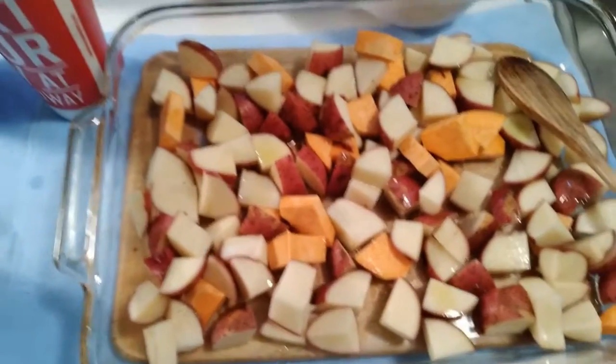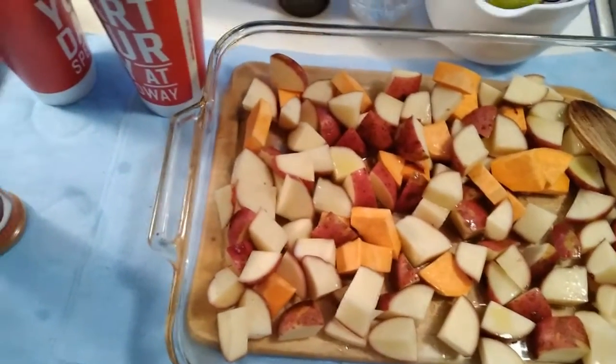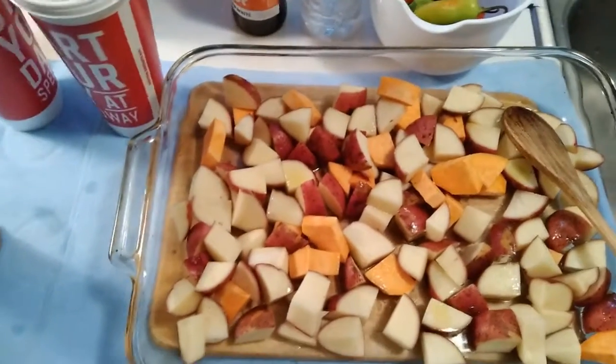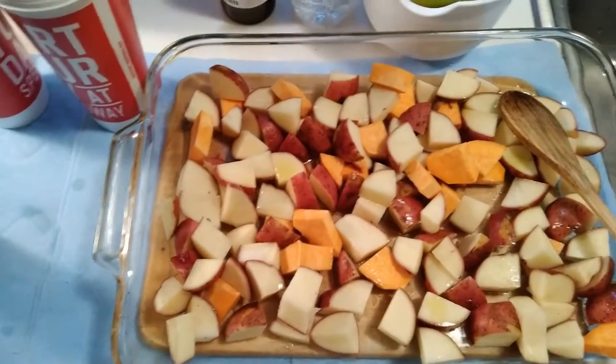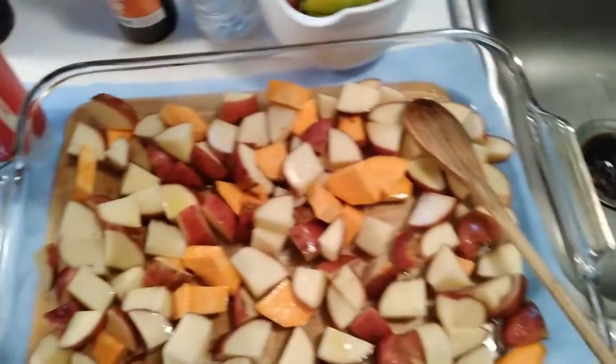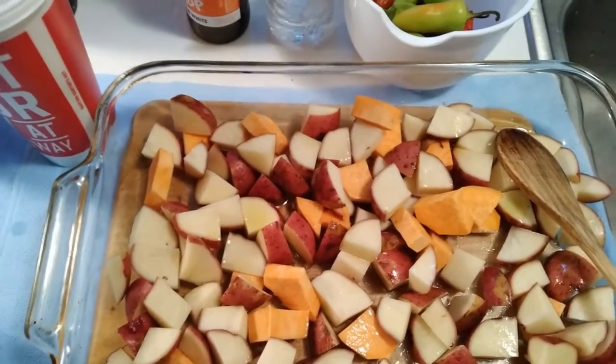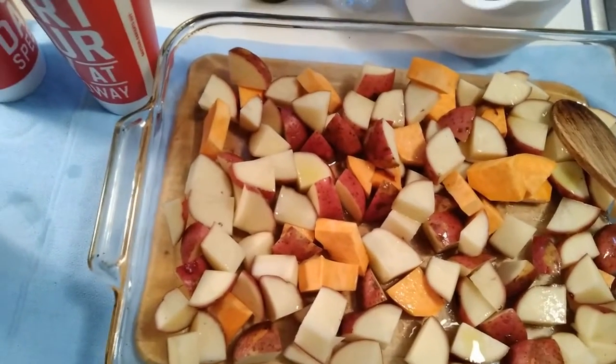Hey there, making some breakfast here. It's just leftover summer stuff out of the garden. Got a little sweet potato, a little red potato. Got some eggplant going on here, onions, tomatoes, peppers, Cajun seasoning,